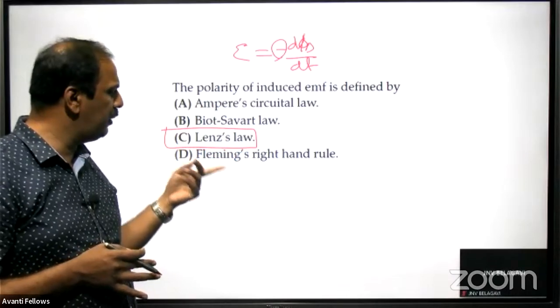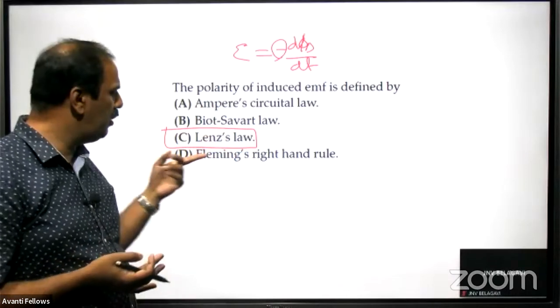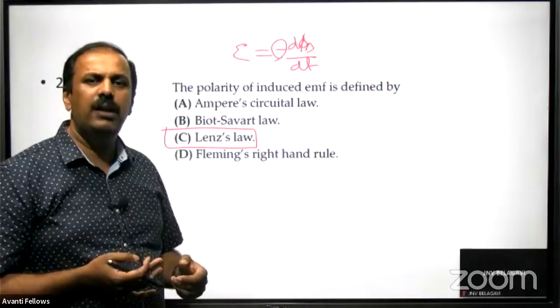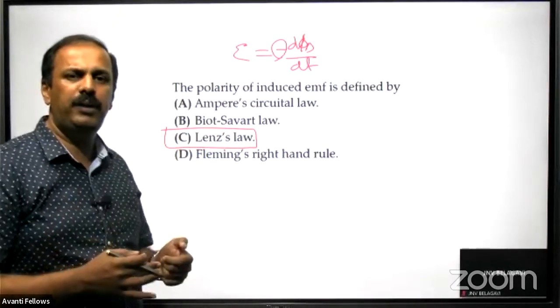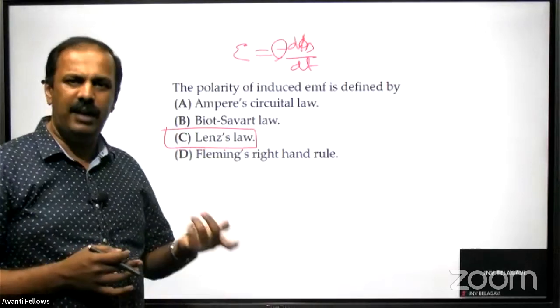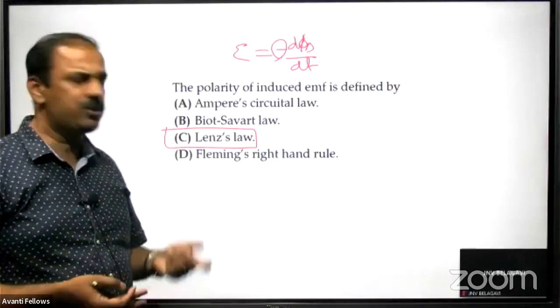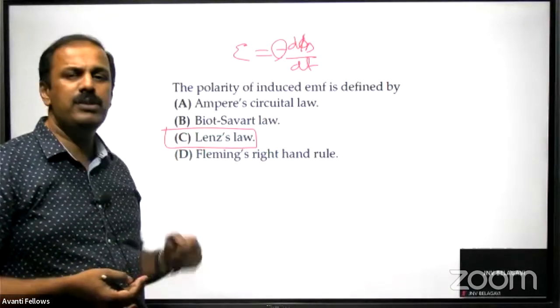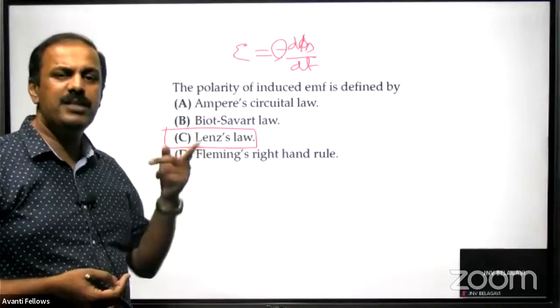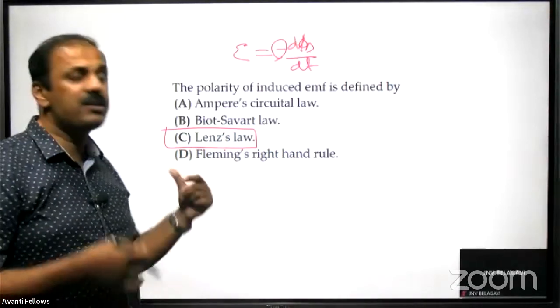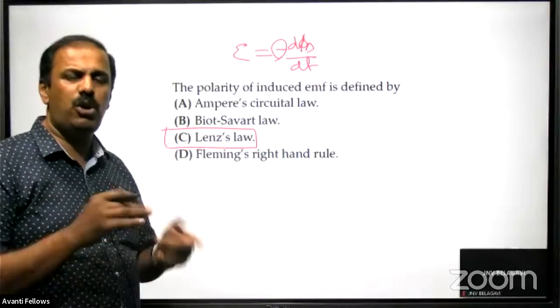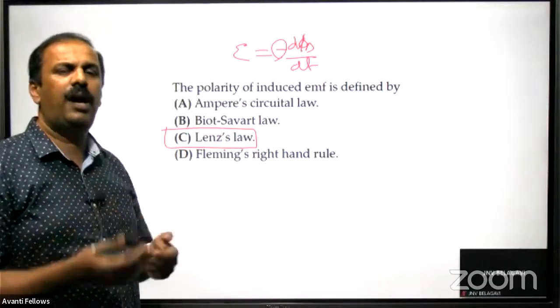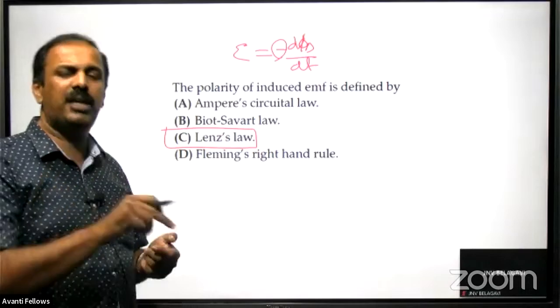Okay, this is Fleming's left-hand rule and right-hand rule. Fleming's left-hand rule is used when we have a magnetic field and a current, and a motion is produced. So Fleming's left-hand rule gives the direction of motion when there is a current and a magnetic field. And Fleming's right-hand rule is just the opposite. That is, when you have a motion and a magnetic field, it gives the direction of the